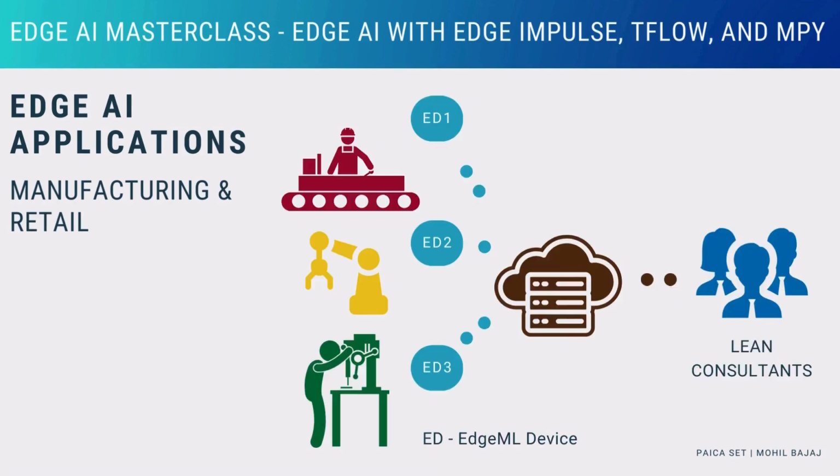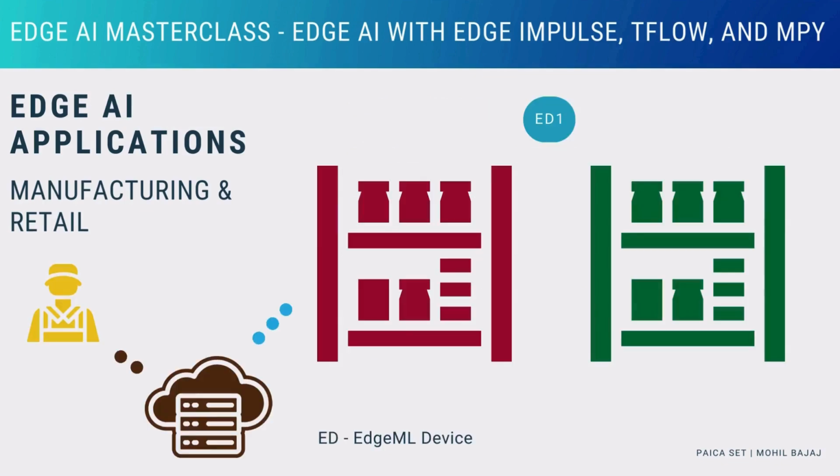Analyzing the video feed using machine learning and collecting data on product, people, and processes can help lean consultants do their job in a fraction of the time. Along similar lines, on a retail floor, Edge AI can help the product stocking guy understand the flow of products from shelves. He can then use this data to change processes, like reducing the time to check on an aisle from 2 hours to 1 hour, or stocking some of the products nearby in cartons to reduce the replenishment time